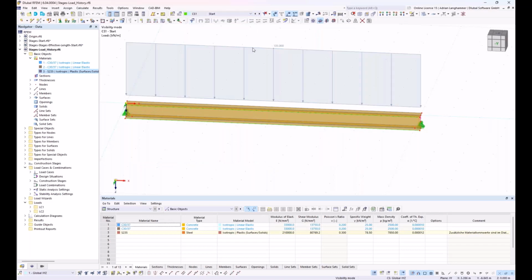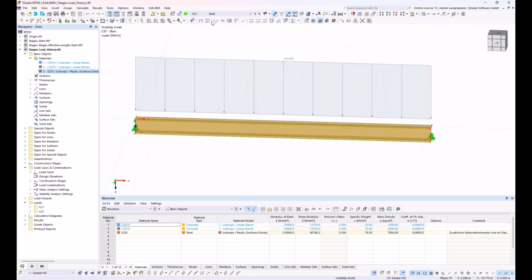This could be also done with the construction stages. So it's quite simple. There's no combinatorics or something. I only choose for construction stage 1, there's load case 1, and for construction stage 2, I add load case 2 to remove this load. And if I calculate